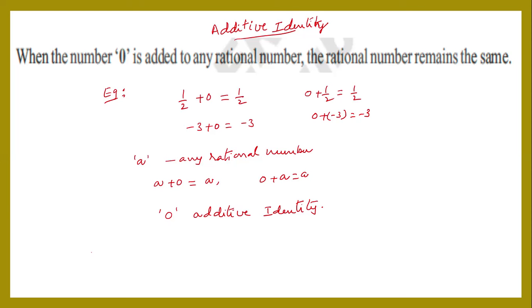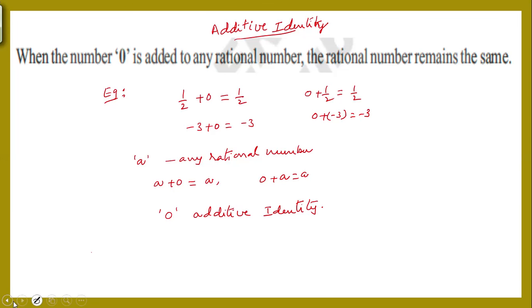You may look here. The 0 does not belong to natural numbers. 0 belongs to whole numbers, integers, and rational numbers. So, the additive identity exists in whole numbers, integers, and rational numbers. It does not belong to natural numbers. Here onwards, 0 is taken as the additive identity for incoming problems.